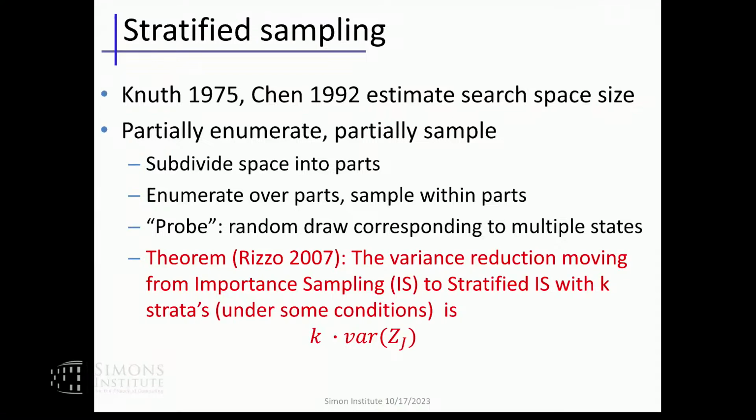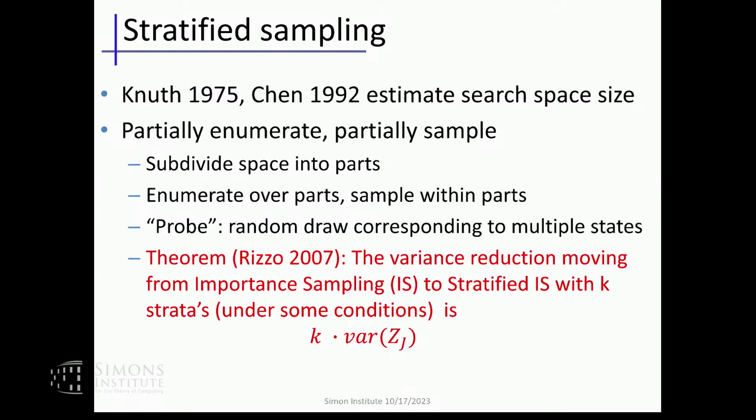Instead, we subdivide the space into parts, enumerate over parts, and sample within a part. We call each sampled subtree a probe. And it resembles the notion of stratified sampling. In stratified sampling, we know the idea is to divide and sample from each stratum, and it can be proved that